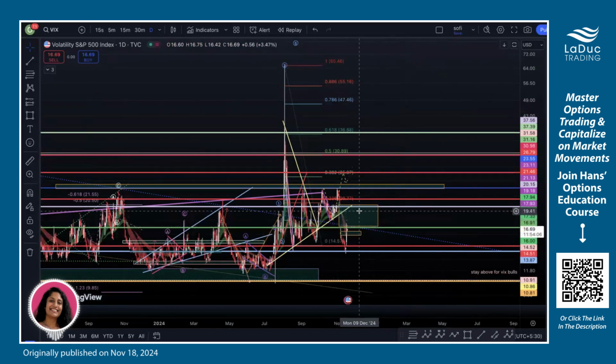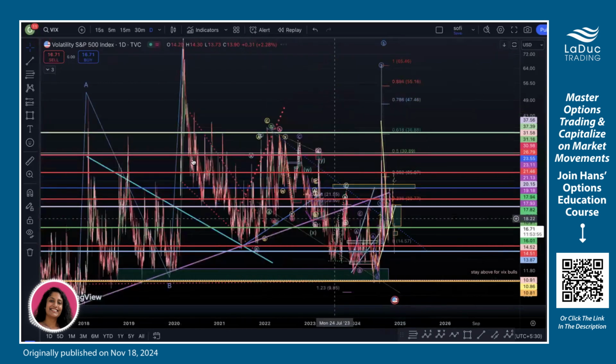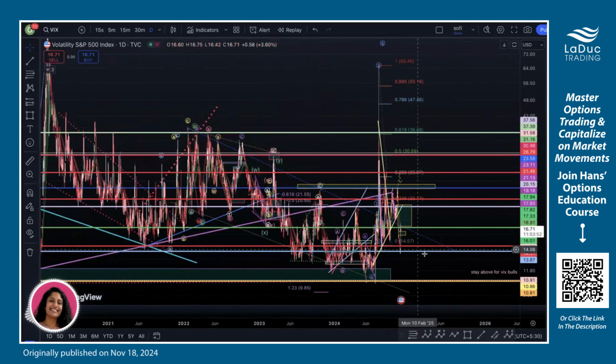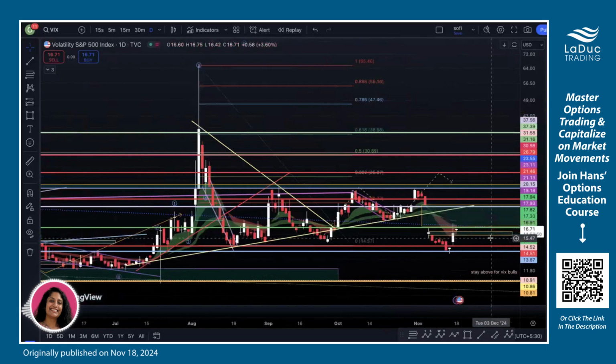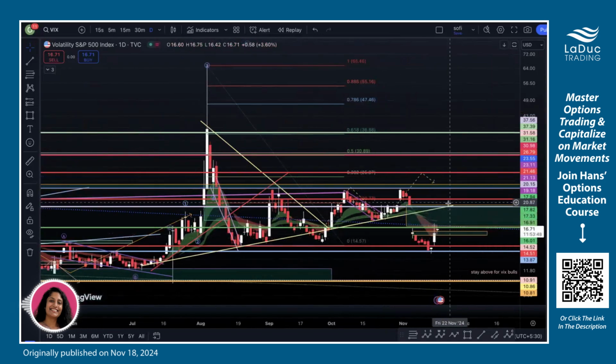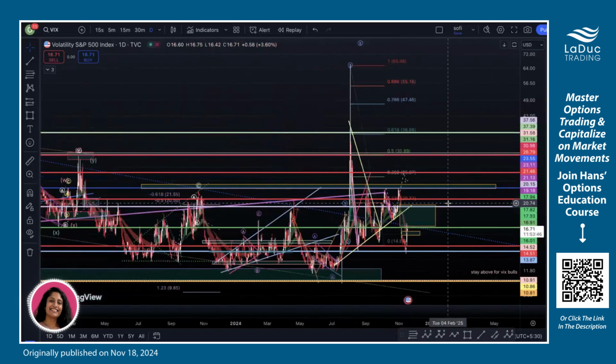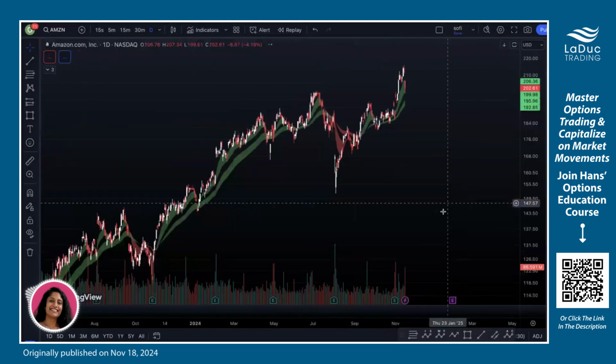My other bet is even if it may try to fill half the gap and then come back down. So I would only be bearish the market if Wix can get over 21.47. It needs to prove itself a lot more. And again, you can see here I have another trend line and we're sitting right at the trend line. So it'll be interesting to see whether we actually go up to fill that gap on Wix. So yeah, with that being said, let's look at this week's watch list.